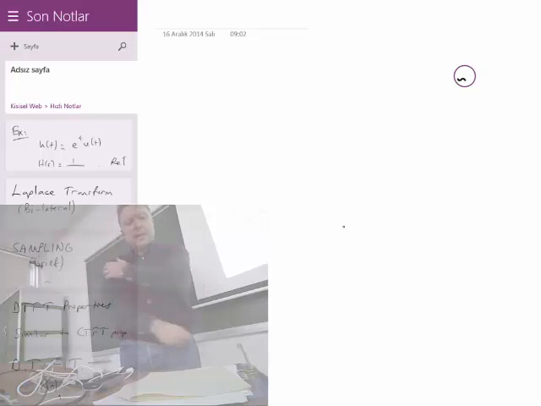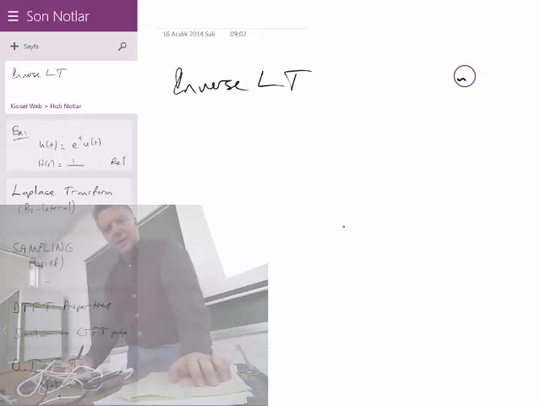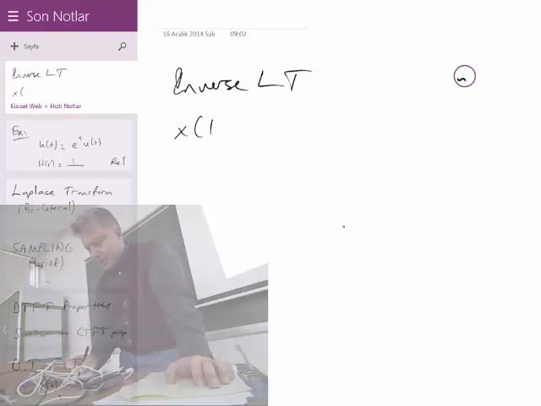properties, basically. We will try to write down the numerator over denominator polynomials by expanding into first order and second order systems, and from there we will try to invert the Laplace transform. So the trick is we want to make the Laplace transform similar to something that we already know, and that's how we can invert the Laplace transform. But nevertheless, there is at least a concept of theoretical inverse Laplace transform, and that theoretical inversion comes from the formula, as you may guess, x of t times e